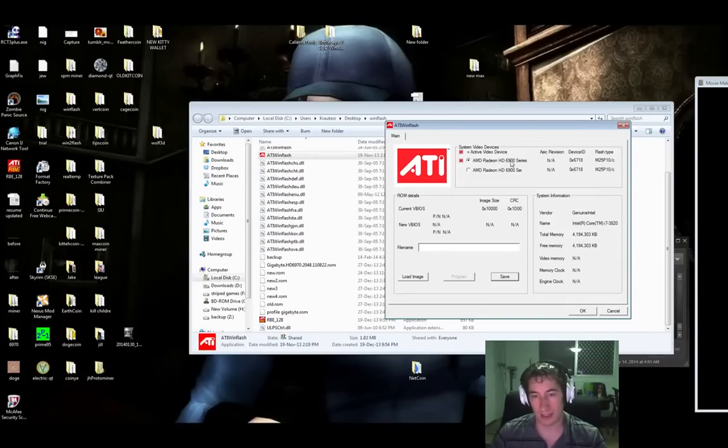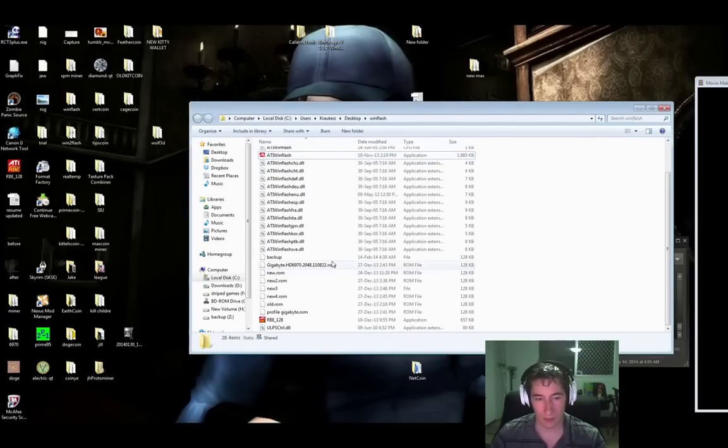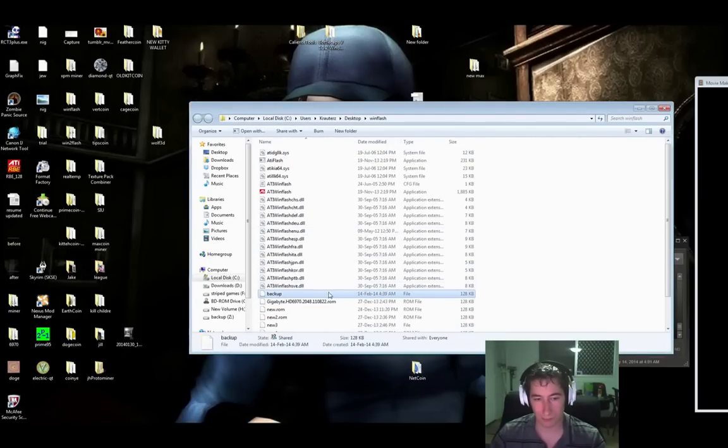You should have selected your video card from the top down if you've got more than one card. If you don't, it should already be set to your default. Now you've got your backup. You should also have your new BIOS from Tom's Hardware,